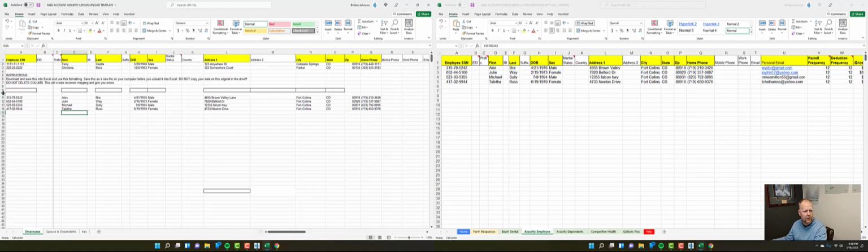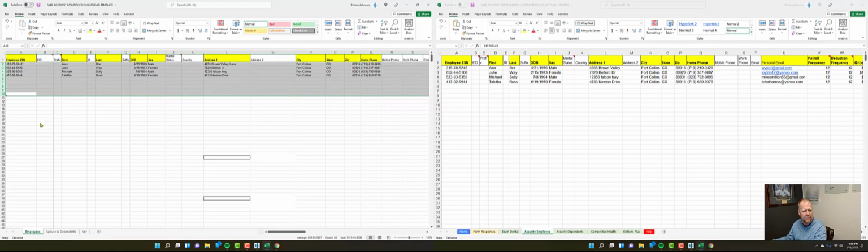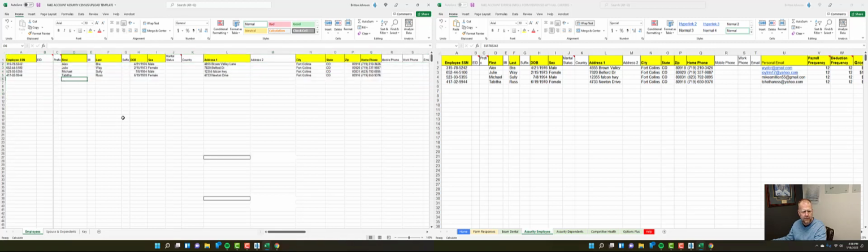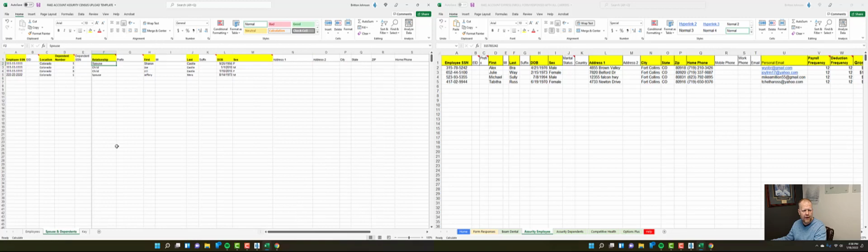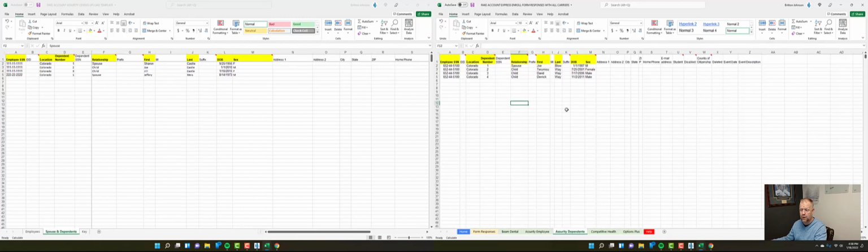Makes it pretty easy. So I'm going to go ahead and delete these fake rows here that we use as a guide. I'll delete that. And notice they're up at the top of the page. Now I'm going to go down to the spouse and dependents page on the left. Again, this is my template, and this is what I can look at to reference to make sure I'm doing it right. I'm going to go to the Assurity Dependents tab on my Forms Response tool,